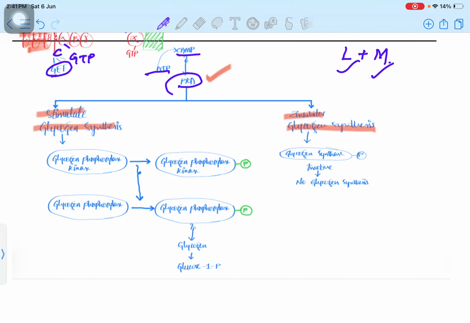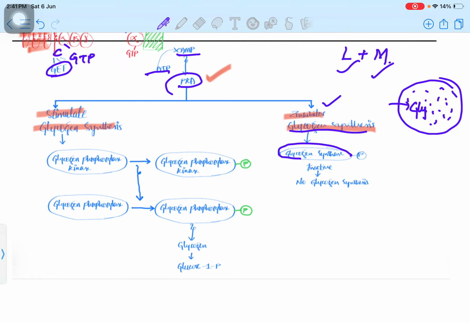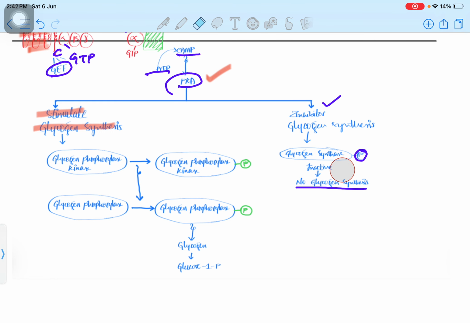When your muscle cells or liver cells are completely filled, for example, this is the space of the muscle cell and you are storing glycogen molecules, glycogen is present everywhere and you don't have space. At that time you need to inhibit the process of glycogen synthesis. So you will phosphorylate the glycogen synthase, so it becomes inactive and no glycogen will be synthesized here. But if you have lots of space,